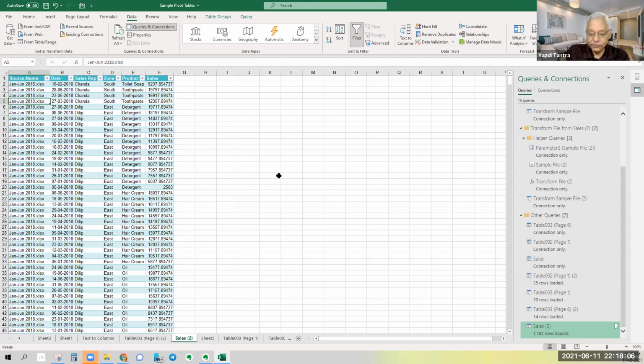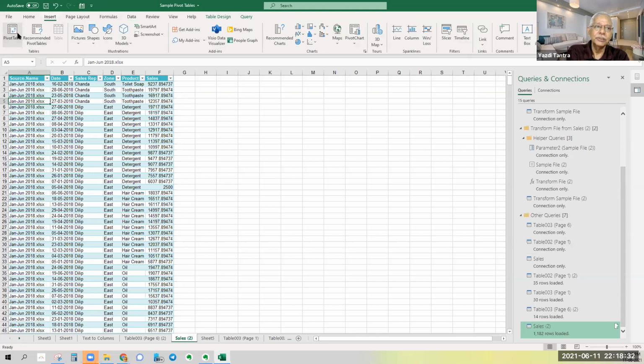Obviously, all your files would have to be in the same format, otherwise it is very difficult to grab the data and assemble it. So it has to be in the same format, the field names should be the same, it has to be contiguous, there should be no gaps between the various columns and rows, and you can get it in a jiffy.